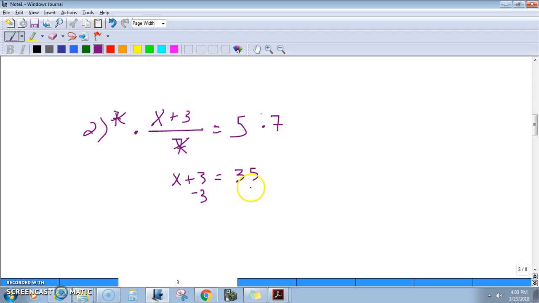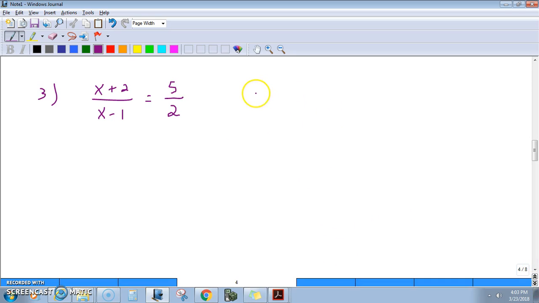Subtract 3 from both sides. And x is equal to 32. Cool. And there's no restriction, so this is also a straight up answer. Question number 3. Here, our restriction is that x can never be equal to positive 1, because if we make